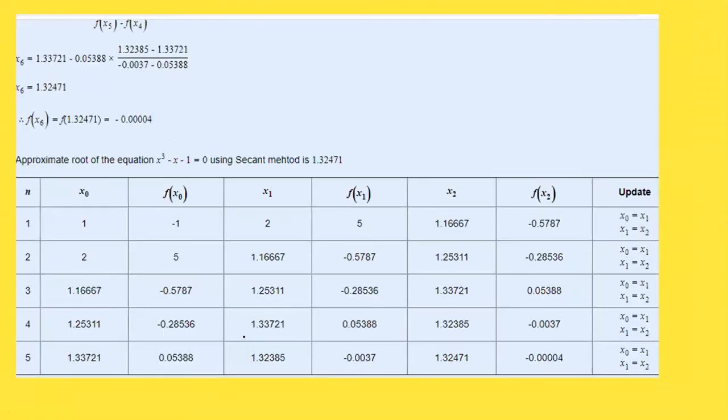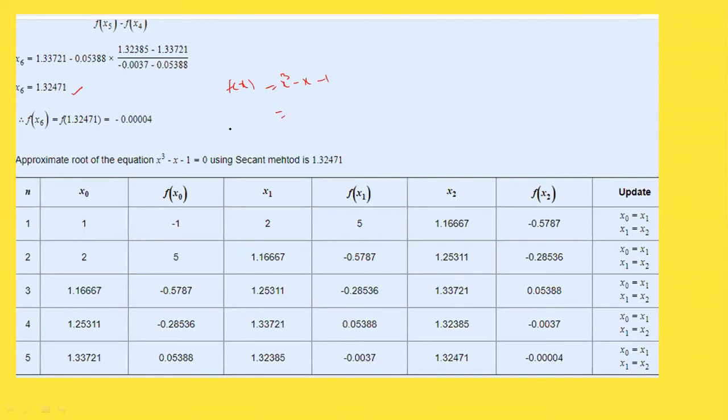See, next iteration is x. Just now we got these two values. Okay. Next to find out x6. So what is x6? x4 minus f of x4 into (x5 minus x4) by (f of x5 minus f of x4). By substituting these values here, you got 1.32471. By substituting this in the given equation, f of x is equal to x cube minus x minus 1,